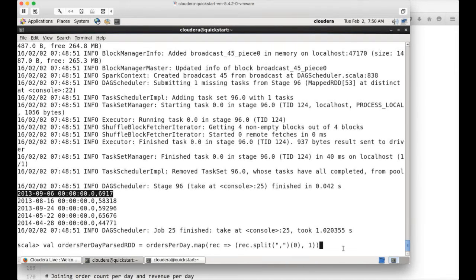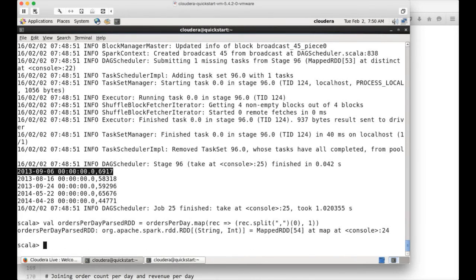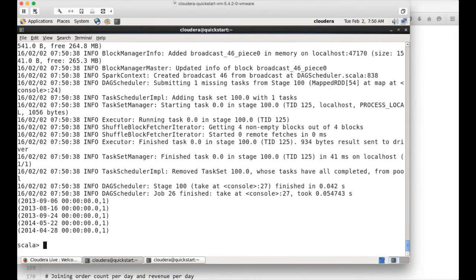which is date, and the value I am assigning 1, and now this orders per day passed RDD will have a tuple of order date and 1 for each order, and hit enter, and now I can say orders per day passed RDD dot take of 5 for each println and hit enter. You can see the number 1 is assigned for each day for each order,